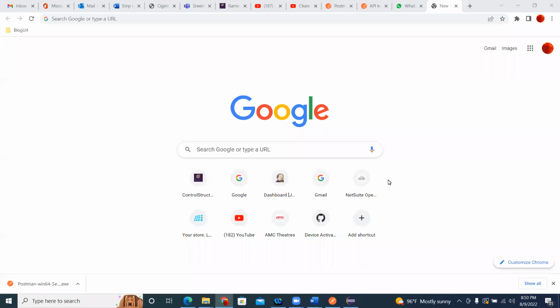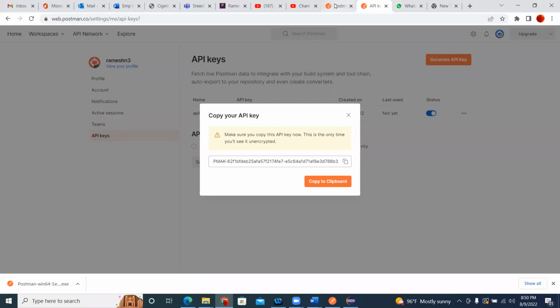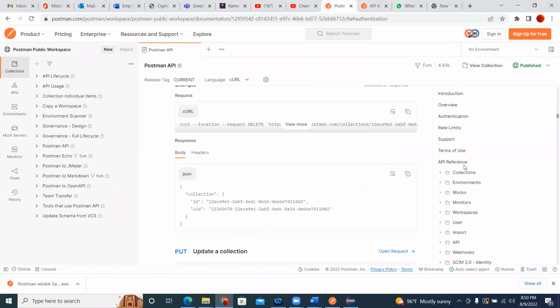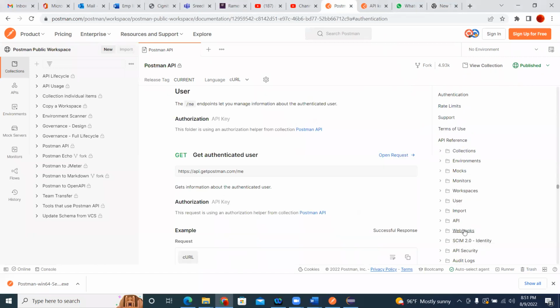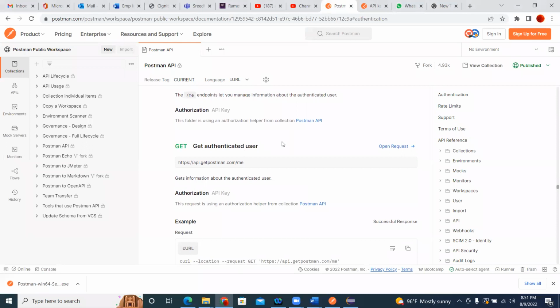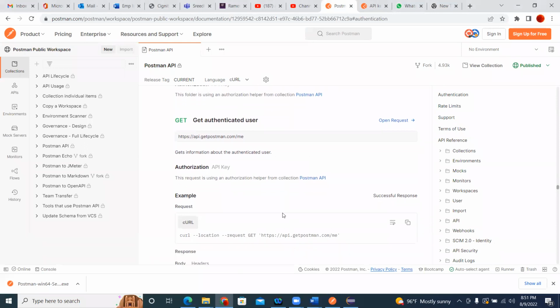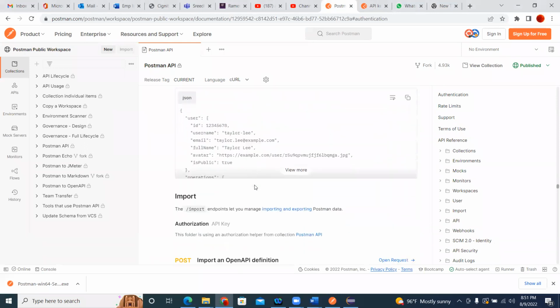That's it. We don't want more than this on this practice. Okay, you have a lot of APIs. You can see you have environments, you have mocks, you have monitors, you have users. You can practice all these things. Get authenticated user, you can practice all this. Right. Next, you can see